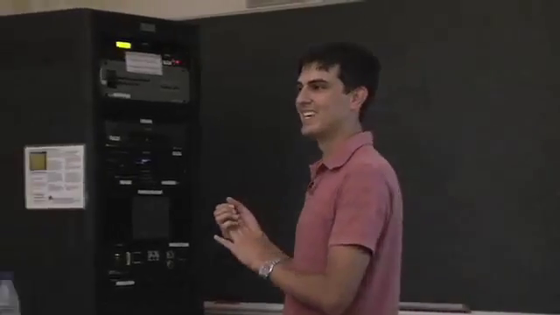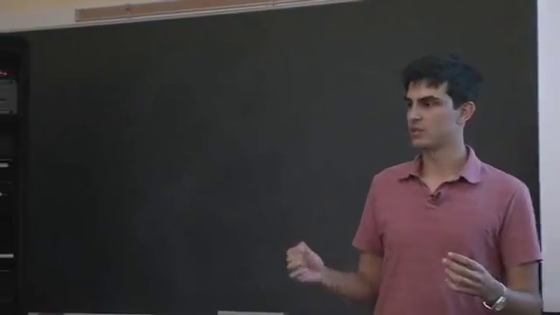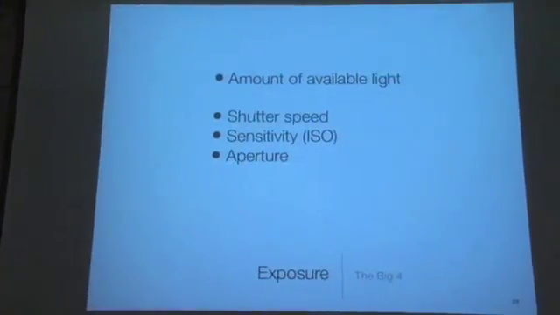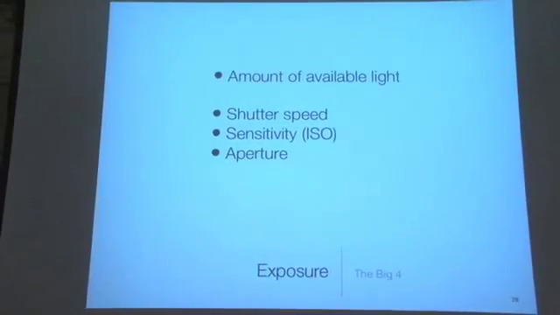What was that? Temperature of light. So not even the temperature of light, but just the amount of available light, because it's the amount of available light that you have that really dictates how the rest of this is going to go down. So if you don't have a lot of light available to you, then you're going to have to perhaps alter each of these settings in a different way than you would if you had tons and tons and tons of